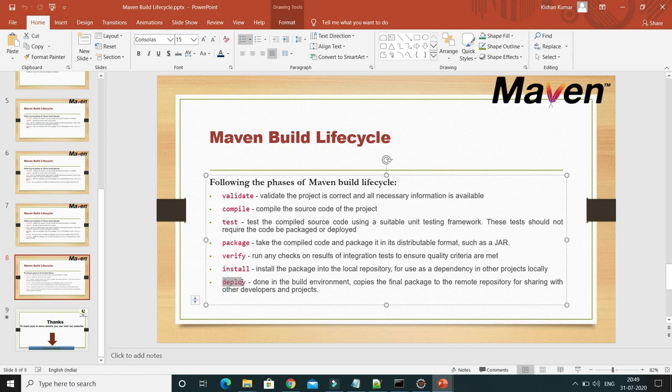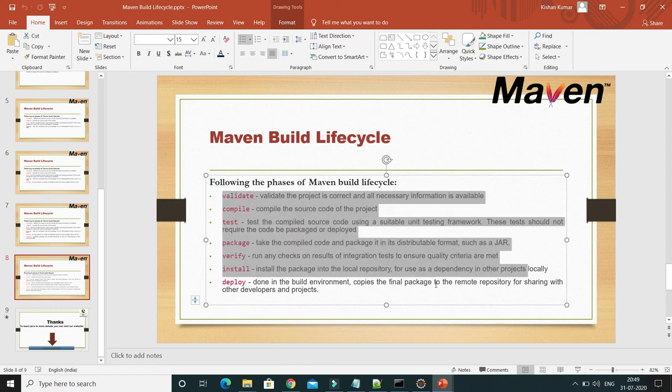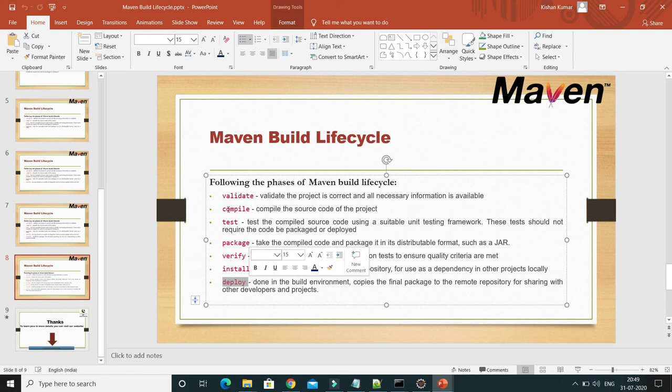And finally, deploy is what you do when you decide to release your stable executable jar file, right? If you want to deploy to the production or test environment, then all the previous life cycles will be executed automatically, and then deploy is going to execute. So Maven follows a standard build life cycle. If you execute one goal, then the previous goals will be executed automatically. So these things you should always keep in mind.